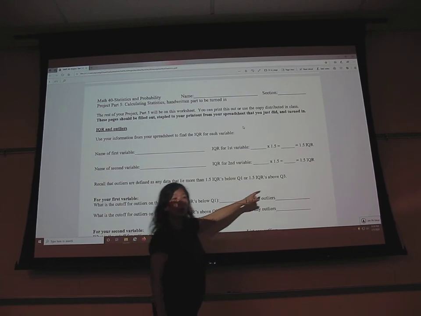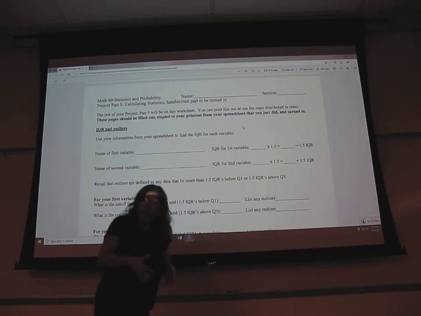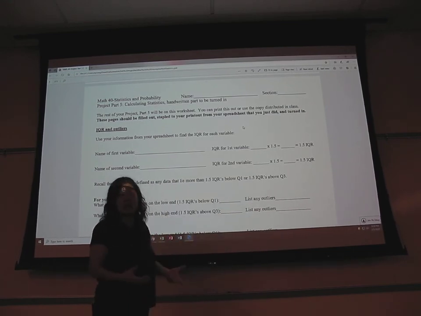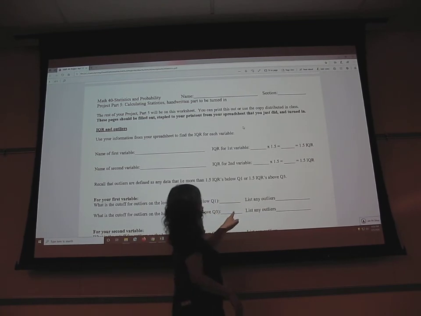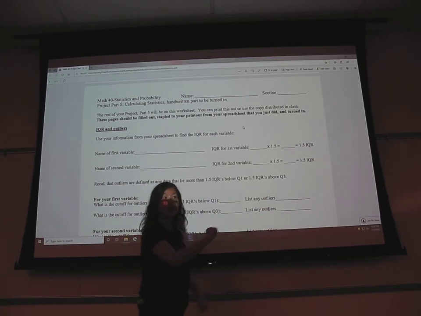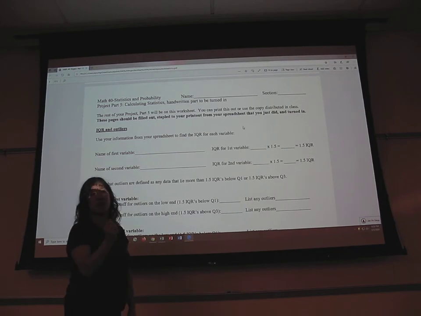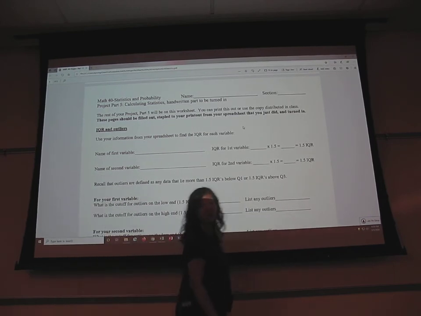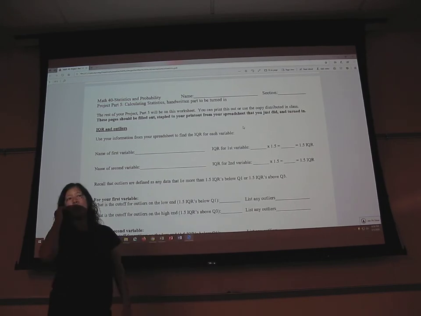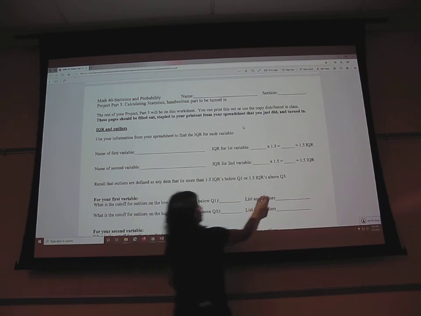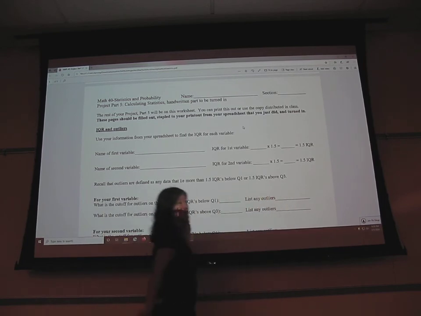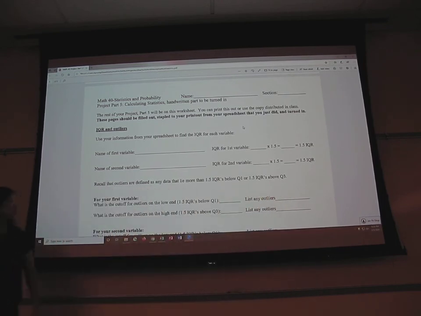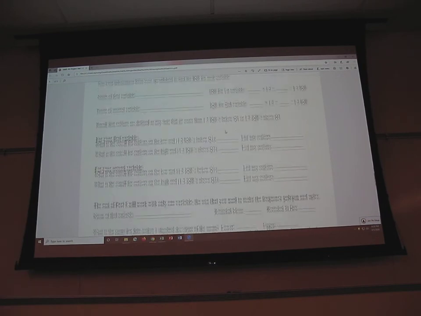And then you're going to write down whether your data set had any outliers, any numbers less than this number or greater than this number, and list out what they are. Oh yeah, I had one. I had somebody who is 64 years old. They were an outlier, so you're going to write that in, 64. Or maybe you're unlucky. You said, oh, I had a whole bunch of zeros for my something or others. Whatever. List out whatever you have. Okay, so you're going to do that for your first variable and then do it again for your second variable,